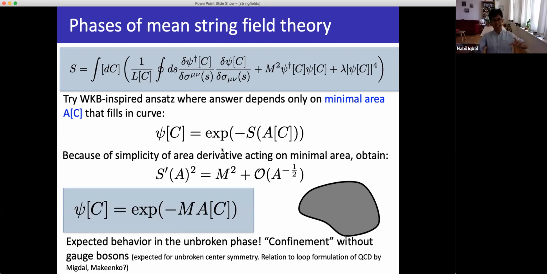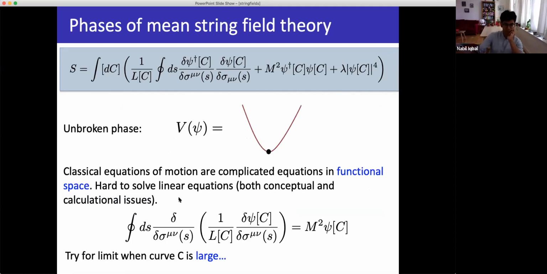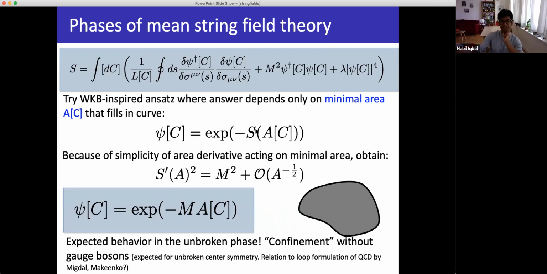And I'm writing it like x minus s, excuse me, this s is not the same as that s. I'm just writing it as x minus s as a function of A, because this is inspired by WKB. When you do WKB type stuff, this is a useful thing to do. So now if you take this ansatz and you plug this into this equation, what you find is a very simple equation for this function of one variable s.